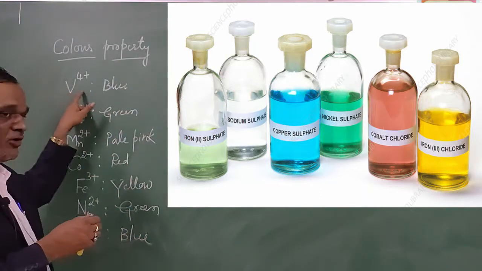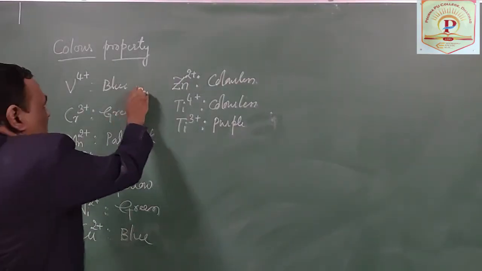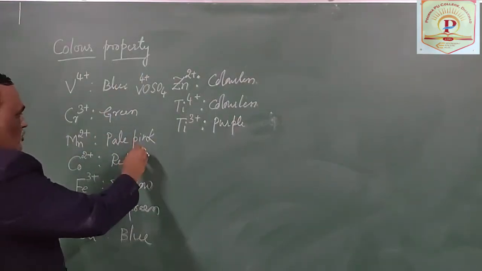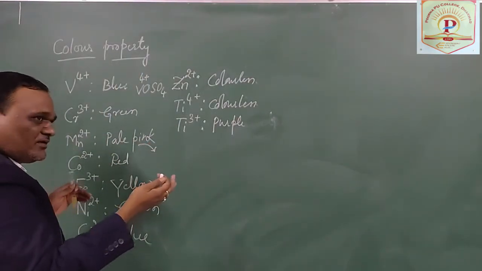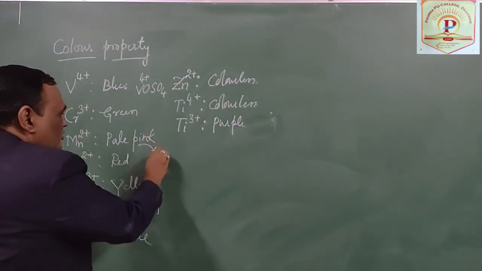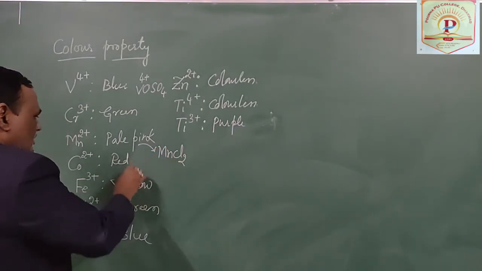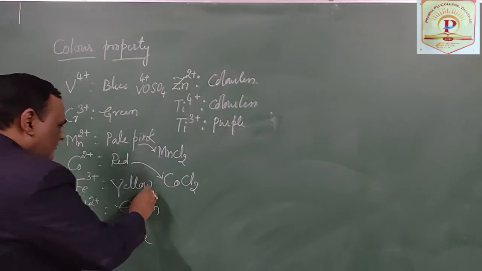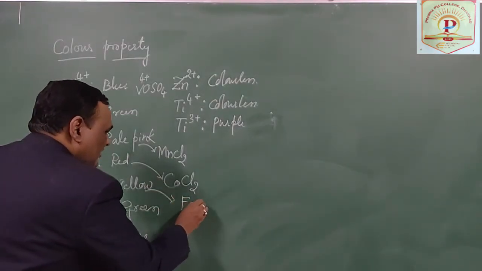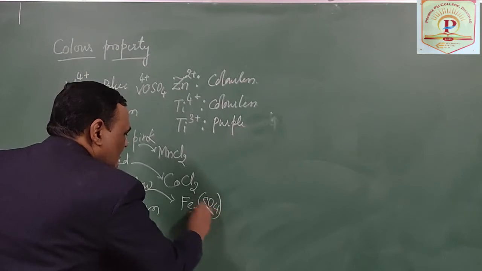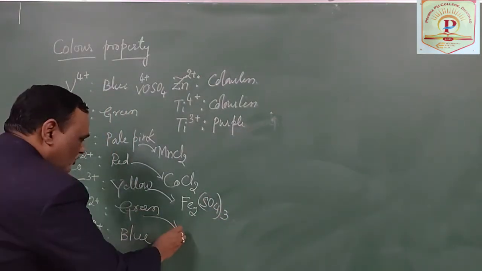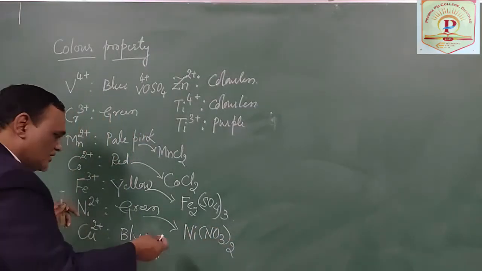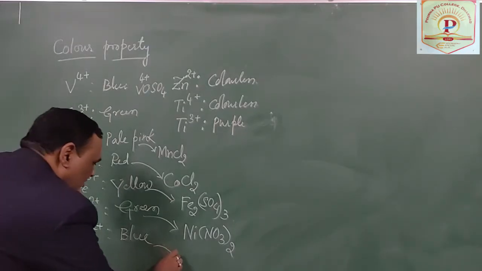So I showed vanadium 4+, that is vanadyl sulfate, VOSO4, where vanadium is present in the +4 oxidation state. I showed manganese, which is a pale pink color, though I think you have not observed it clearly. That is manganese chloride, and cobalt chloride I showed, that is red in color, and Fe3+, that is FeCl3, I have Fe2(SO4)3, ferric sulfate, and I have shown the nickel nitrate salt, or even if you take nickel chloride also, it is green in color,